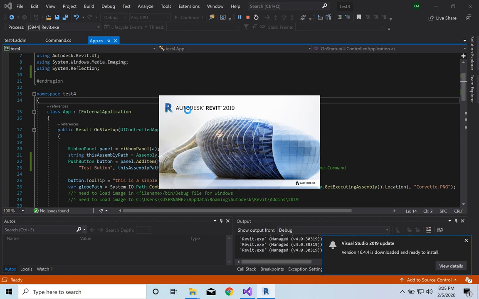And I know the image when it comes into Revit might not be the exact same scale that you saved it as on a computer. For example, if you have like 1,000 by 800 pixels, obviously Revit's not going to want to handle that. It's just going to take a chunk of what the typical button size image is. So you might have to create some resizing script for it, or just try to save it down to that